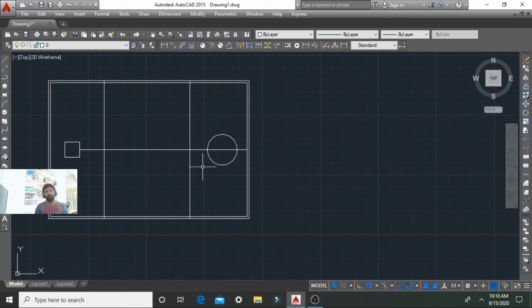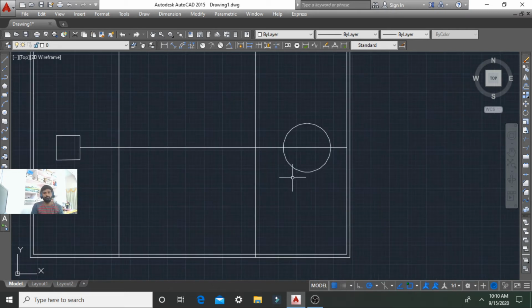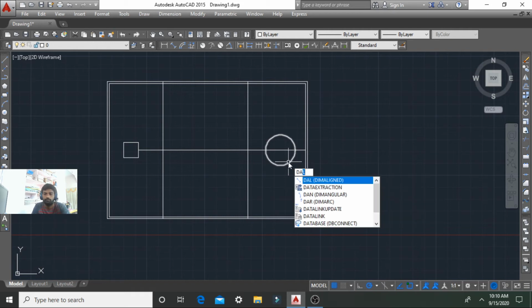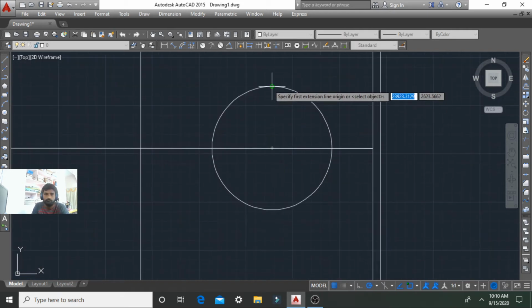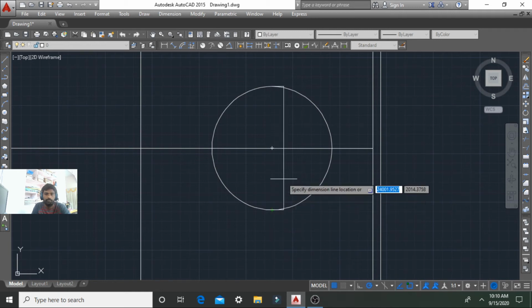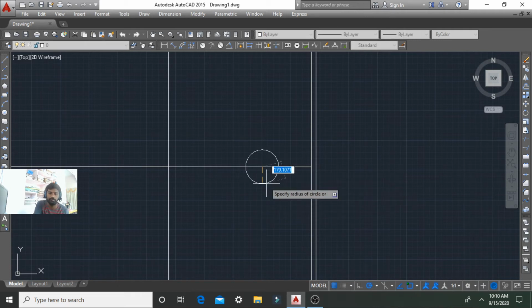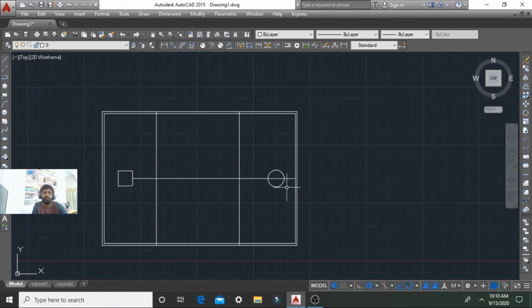The dia, I think it is 200 or 225. We can give a radius of 225. So the diameter is 450 and the radius is 225.